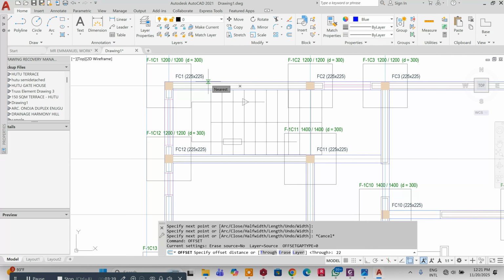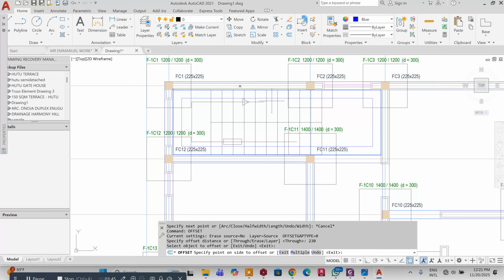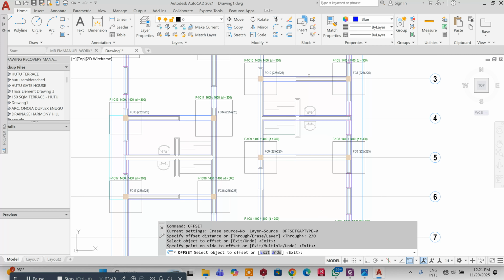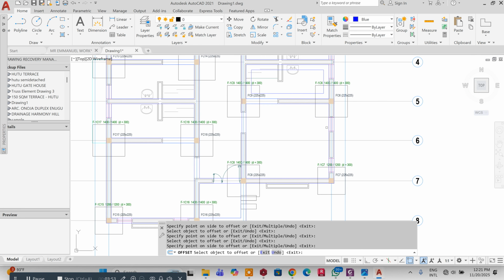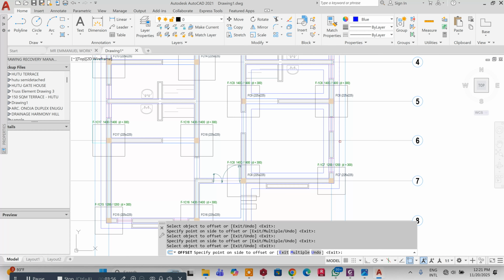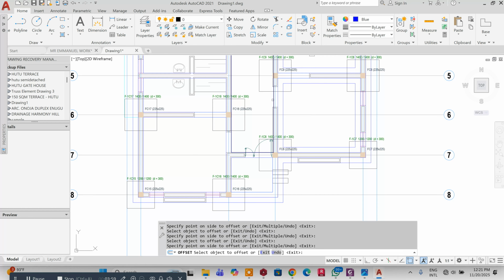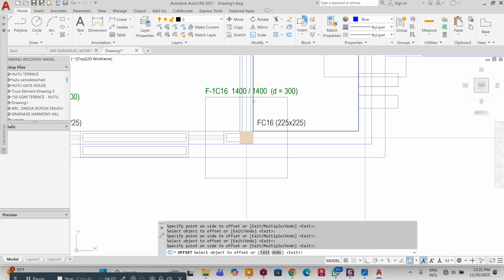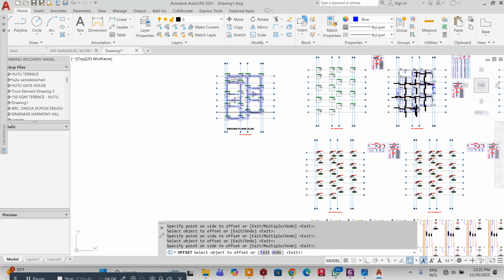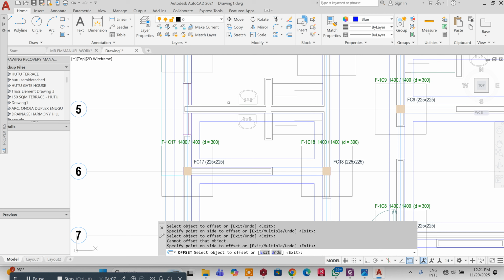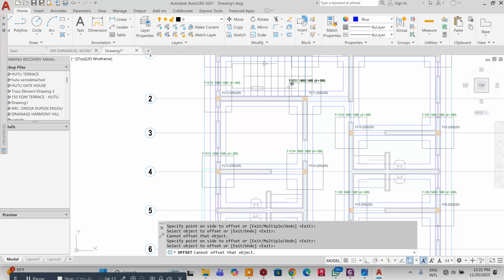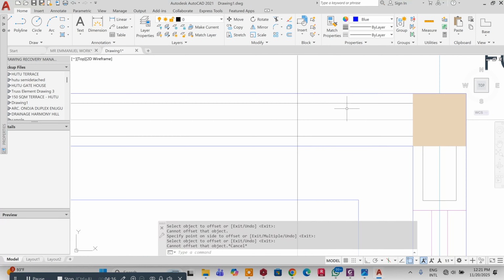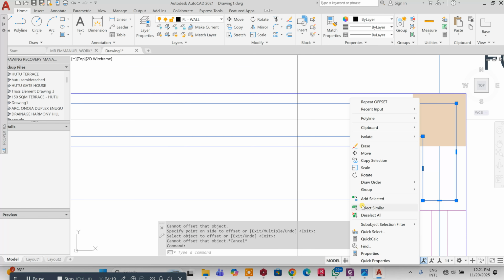I'll offset 230. Let's offset. Can set the external walls too. Set this. So the next thing, after offsetting and after drawing, I will just select this line of the architectural,